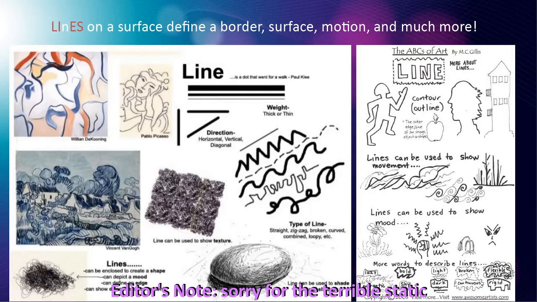So I found these two images that are like collections of what lines do. There are famous artists like Willem de Kooning and Pablo Picasso, and they just use lines. Even in this de Kooning painting, I don't know what those lines are. Is it a person? Is it somebody with crazy hair, or is it a horse? I don't know. It doesn't really matter. But these lines are emoting to you and giving you a feeling, through the way they're angled and the curves they have. When you look at Pablo Picasso's picture, you obviously see a person, even though it's kind of messed up, like Picasso does. You still get the idea that it's a person.